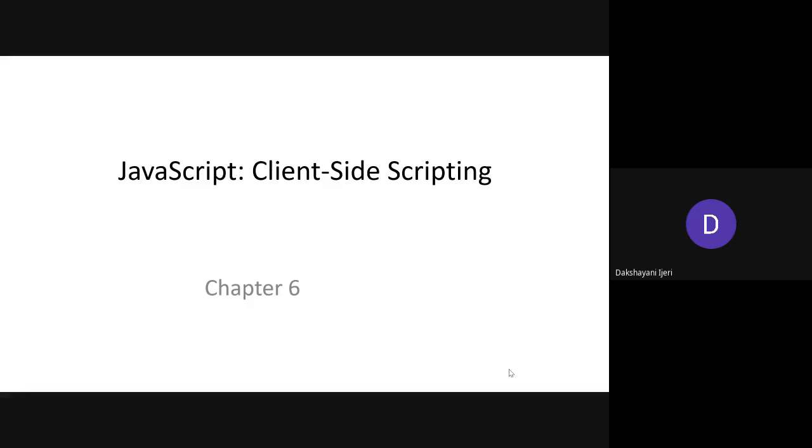Now, what is the difference between JavaScript and PHP? As one of you told, JavaScript is client-side scripting, whereas PHP is server-side scripting. So what does it mean again over here? If you say it is client-side scripting, how is it going to make a difference in the execution? Can anyone tell me?